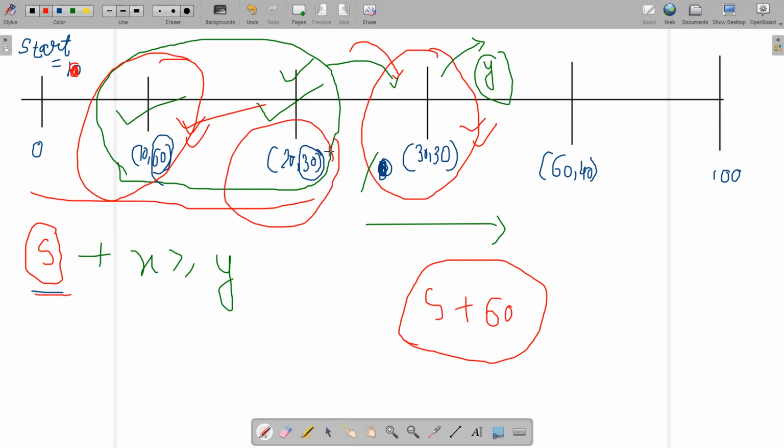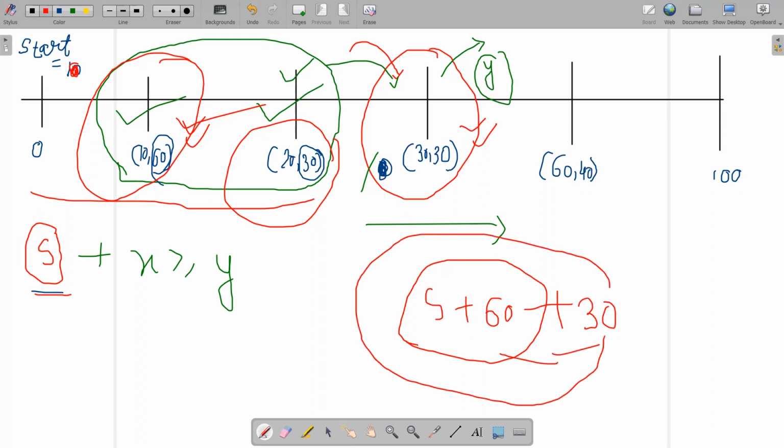Then I will add 30 and check whether this new current fuel is sufficient to reach this station or not. And if it is sufficient, yes, it is okay, I can come up to this station. You can see there are two times I am refueling my vehicle. So you need to check this condition.